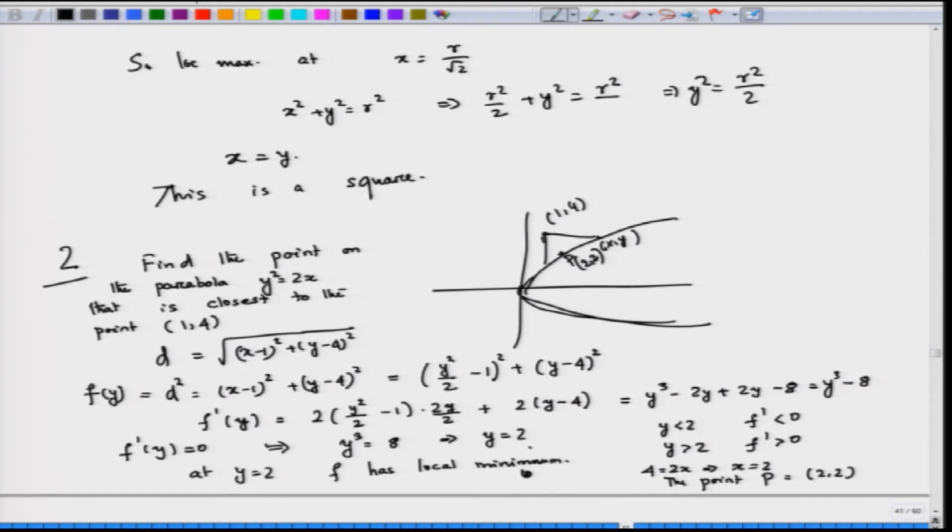So, in this sort of problem, first you understand the problem, then formulate it. There will be something which you need to optimize, either you need to maximize or you need to minimize. So, convert your problem into a mathematical problem in terms of a function. Now, essentially what you need to do is apply your differential calculus to find the local maximum or local minimum of that function. Then you can solve it.